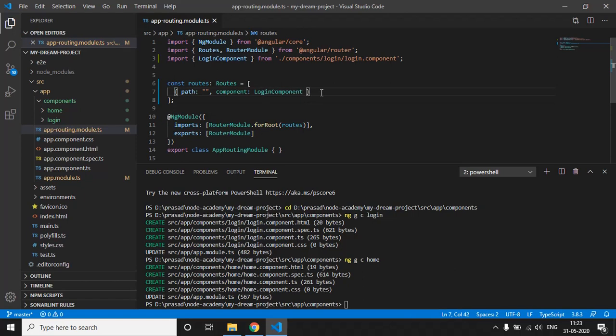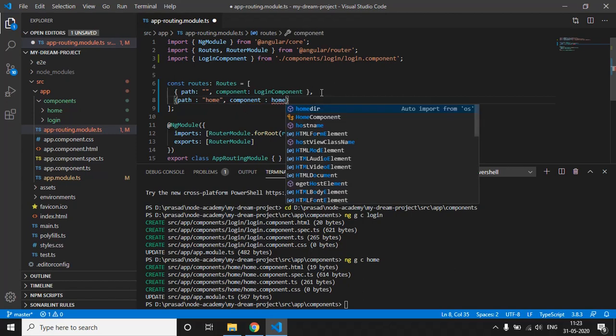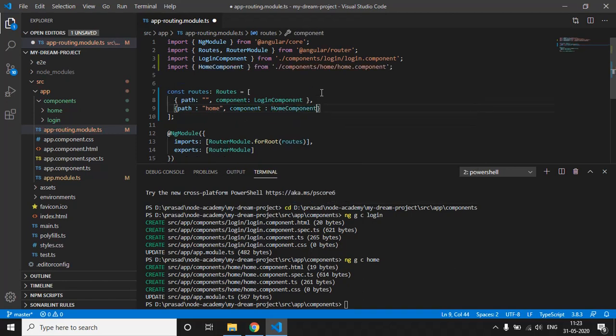Also we have to write a path for the home component as well, right? So we will write path home, and the component it should load is the home component. It gives us the suggestion, just click on it, and it will auto import the component. So now we have written the paths or the routes for our Angular components.